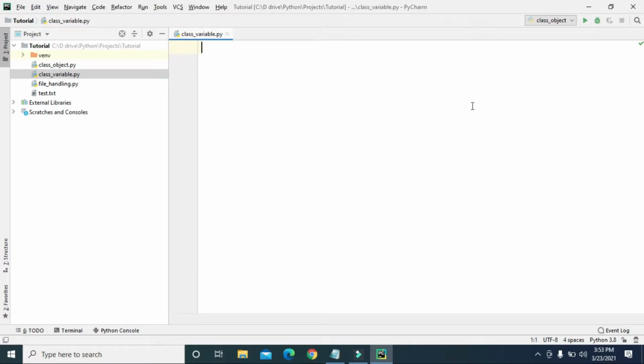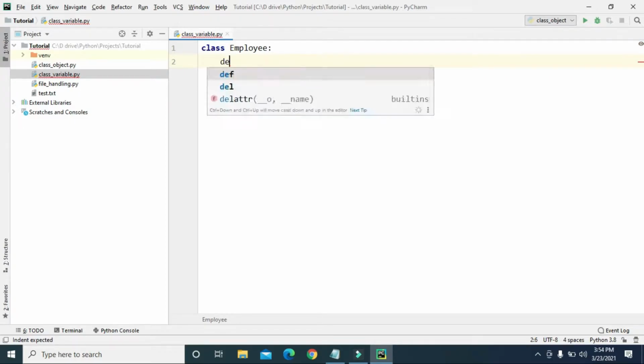Today we will be continuing our lesson of object-oriented programming in Python, and today we will discuss class variables in OOP. In the previous lesson, we discussed instance variables and instance objects. So we did something like this. We created a class, let's say class Employee. Then in that class, we defined the dunder init method